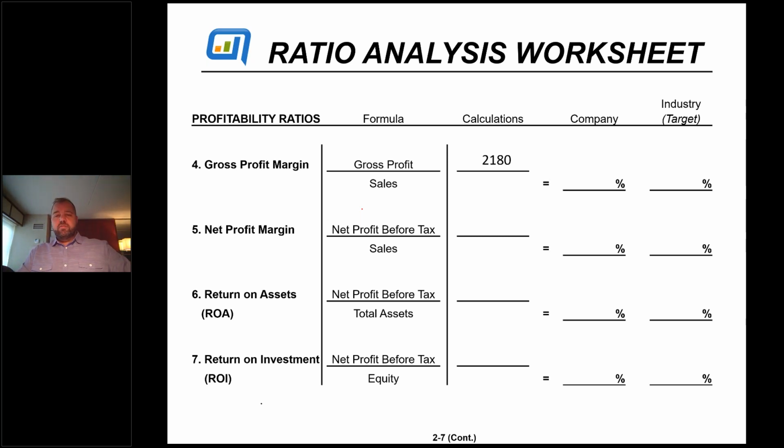In this case, he's got gross profit of 2 million, 2.1, and on sales of 7 million, that gives him a gross profit margin of 30.7 or almost 31%. Everyone else got 32.2%. So 1% difference. Does that matter?